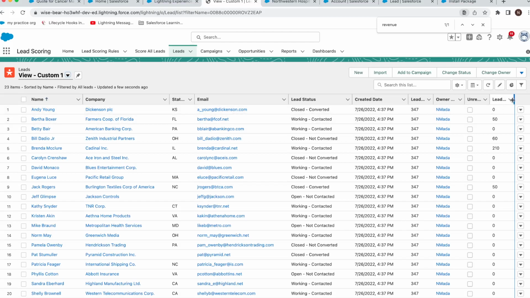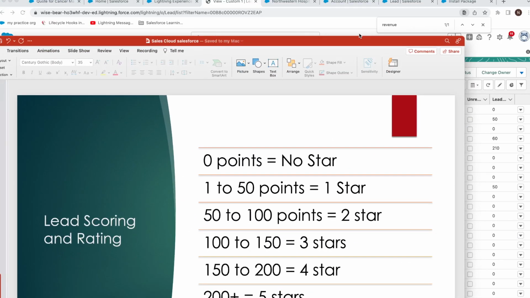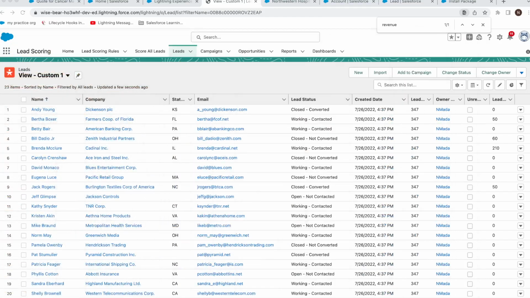Now what we need, let's say we need to give a rating, the stars. The 5-star leads will be worked upon first, then 4-star, then 3-star. And let's say business gives you this requirement that Nikhil, you need to have a 0 star for 0 points, 1 star for 50, and like that. So what I will do in that case is